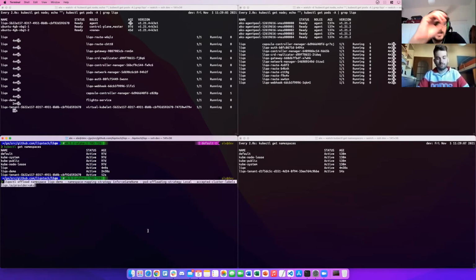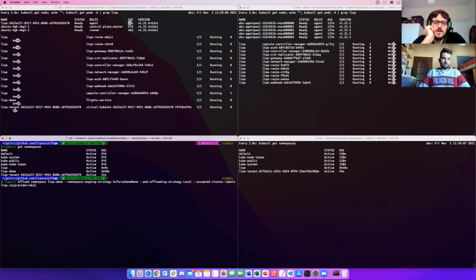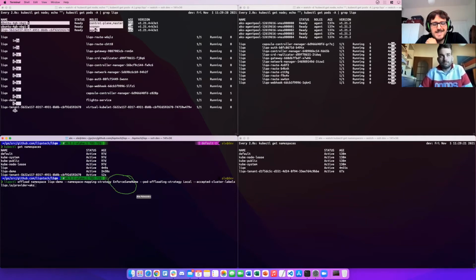We just use the licoctl offload namespace command targeting LicoDemo with a bunch of options. The first one is about how the namespace on the other side has to be called, and we say we want to have exactly the same name. Second, we want to prevent pods from going on the other side in this namespace, so we put the pod offloading strategy to local.